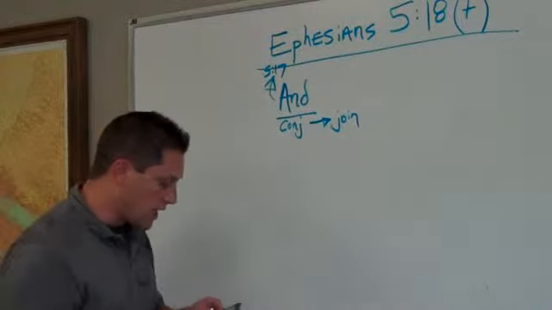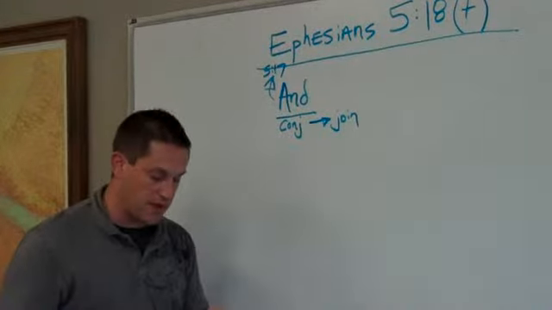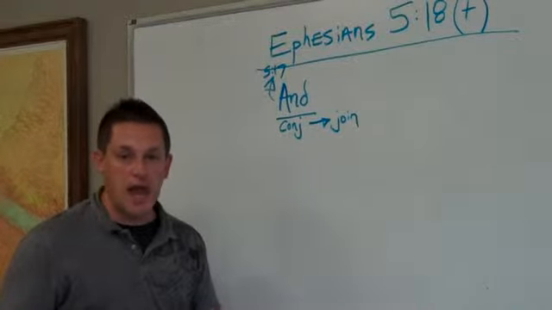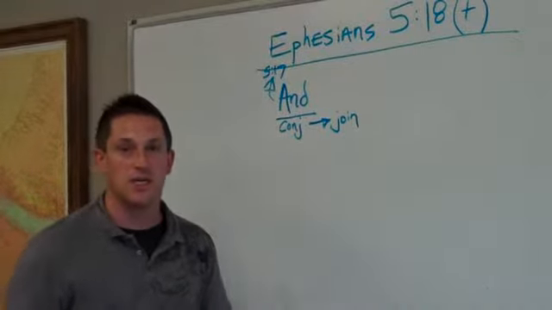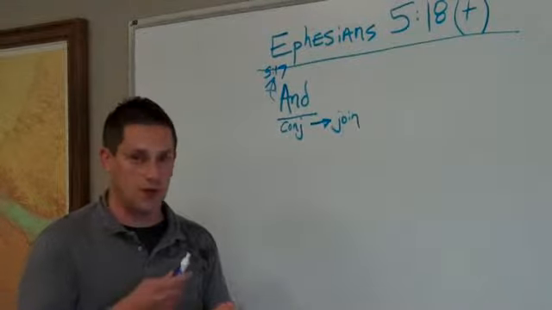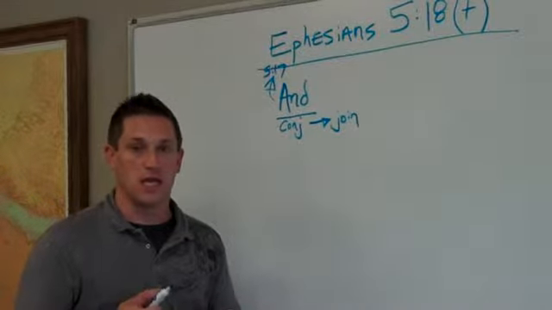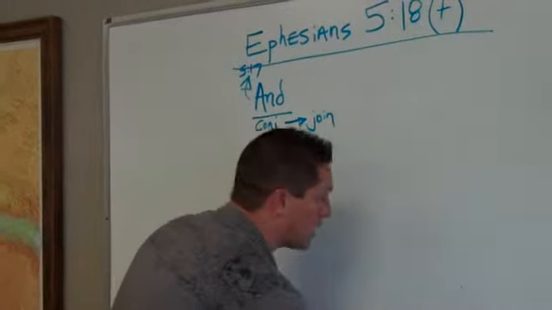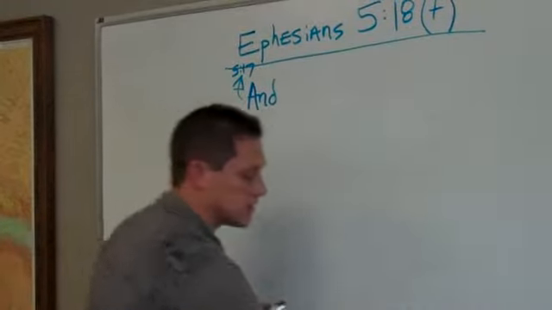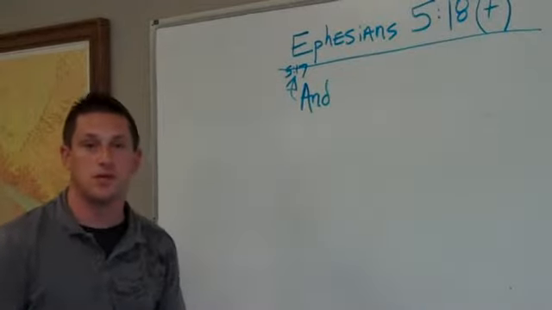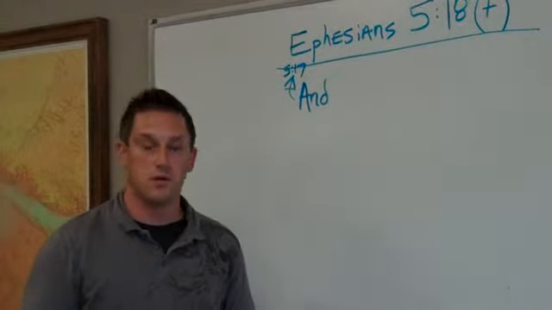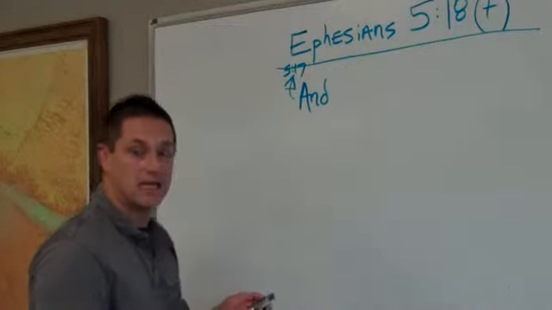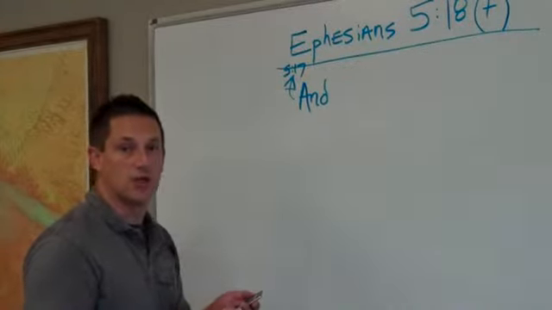Okay? He goes on and says, do not get drunk with wine, for that is debauchery, but be filled with the Spirit. I have picked Ephesians 5:18 because, if you have all the various forms by now, you can look at it and see how they work together. And in English, the way English works is that our sentences are built around the subject and the verb. So what we have here in verse 18 is a command, a negative command to not do something.